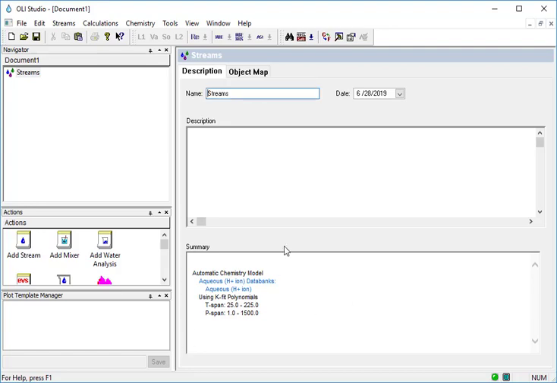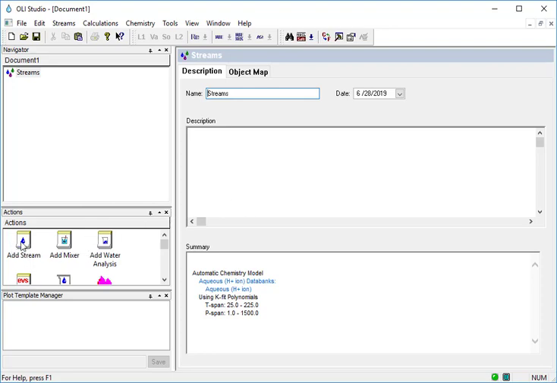Hi, we're going to start the rather complicated process of importing a pseudo component into the OLI databook for modification, for then use back in the OLI Studio program or OLI Flowsheet program. The first thing we're going to do is start OLI Studio because this gives us the quickest and fastest way